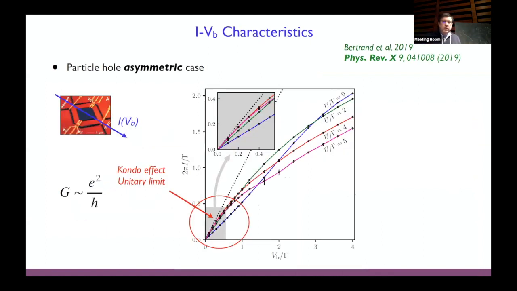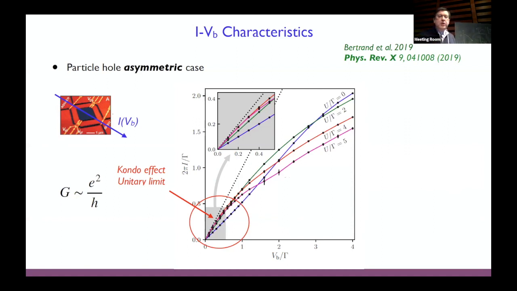Now, the natural question is to ask what is the current-voltage characteristics. We can compute the current through the dot. So that's the current versus the bias voltage for different values, sorry, of U. And you see here,